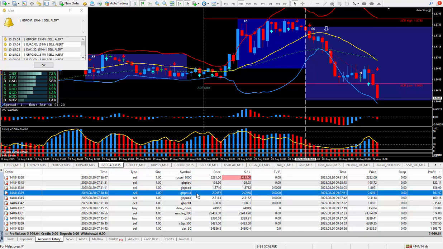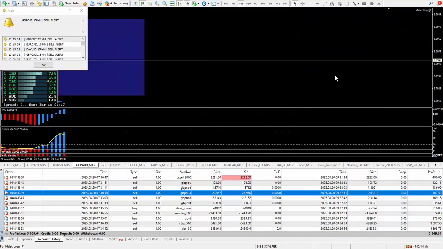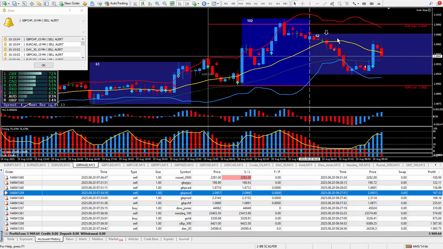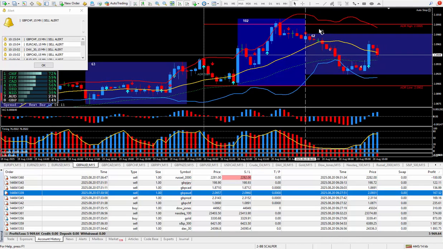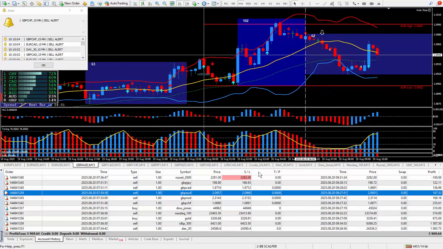Okay, moving on to the pound Aussie. Another one I sold it. Going to drag and drop this up, see where I got in at. Same thing, arrow from the daily trade plan, super signal. Took the trade at this point. Closed it out here, just being happy with 25 pips, and that paid